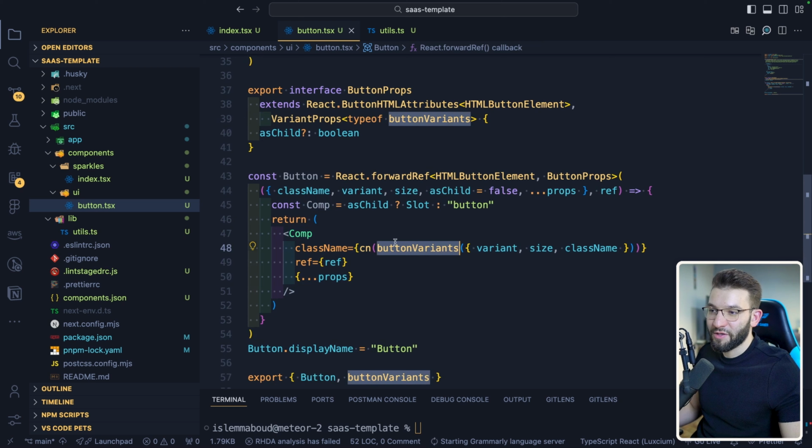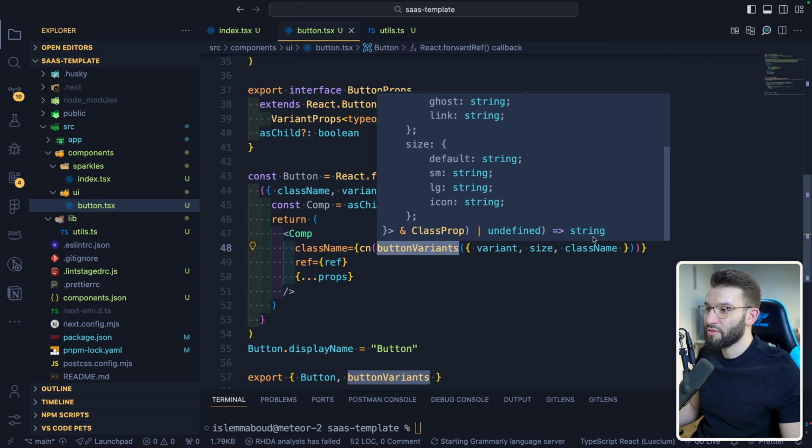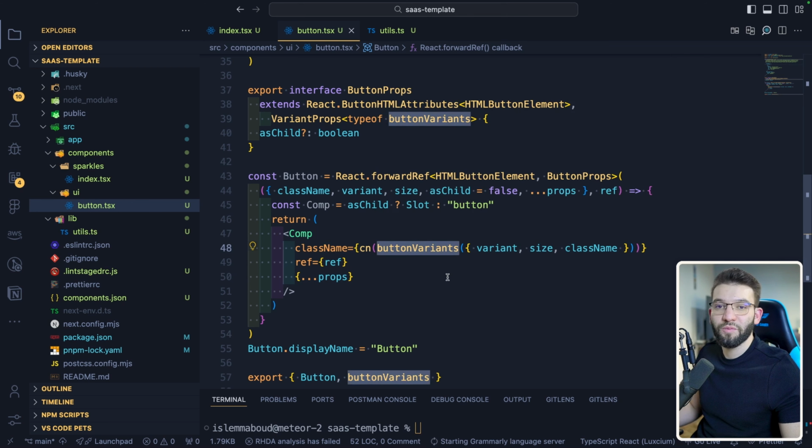When you call this function, you can pass it the variants that you have, plus a class name. So you can customize the class name in here, and this will go ahead and return a string for you. So this string will be a class name with all the other class names,